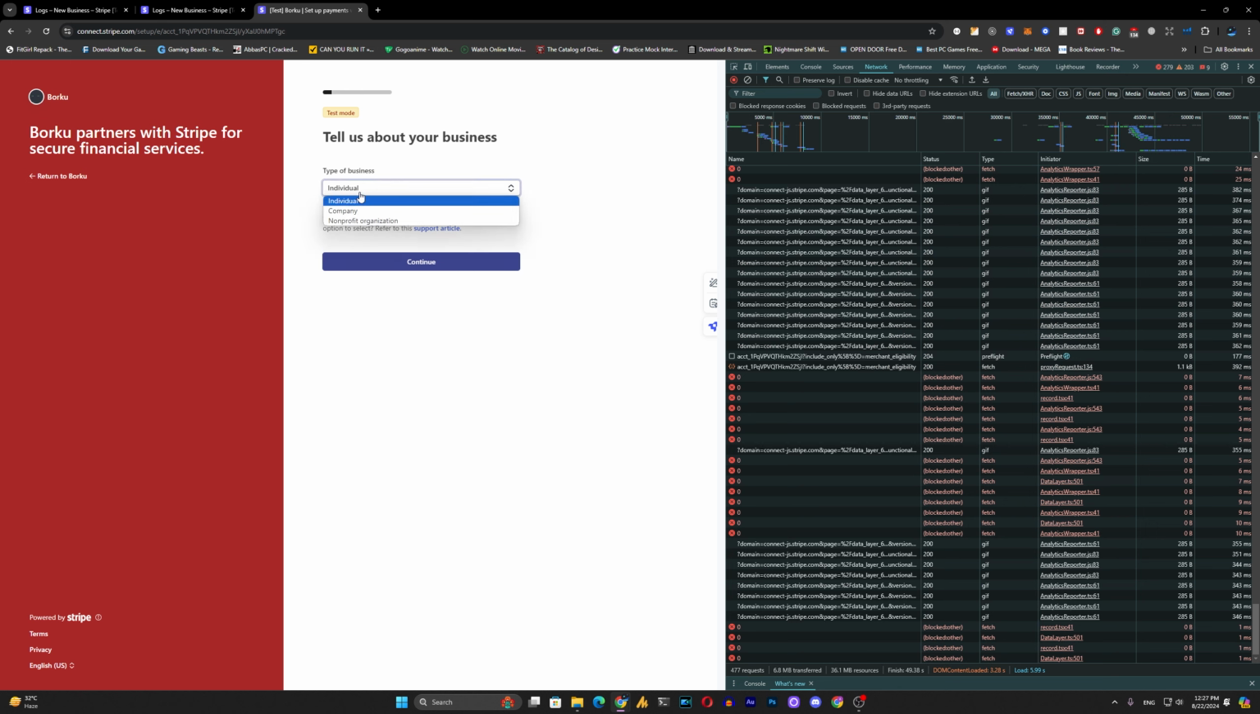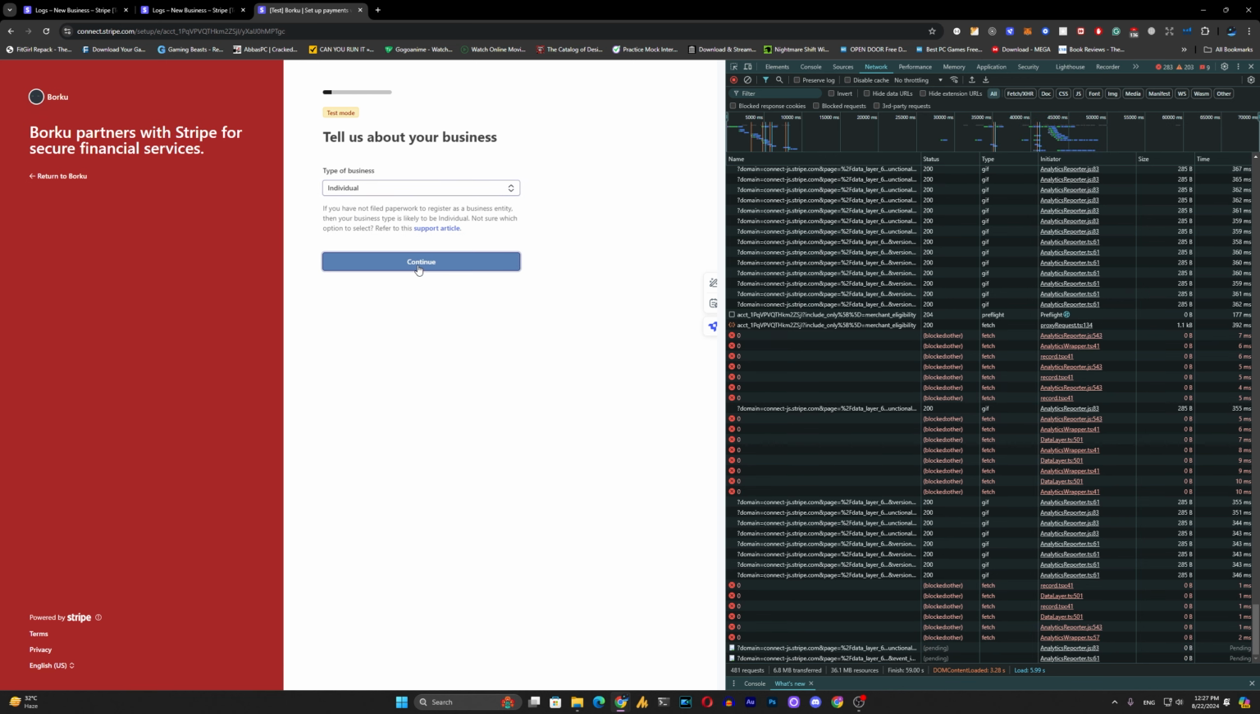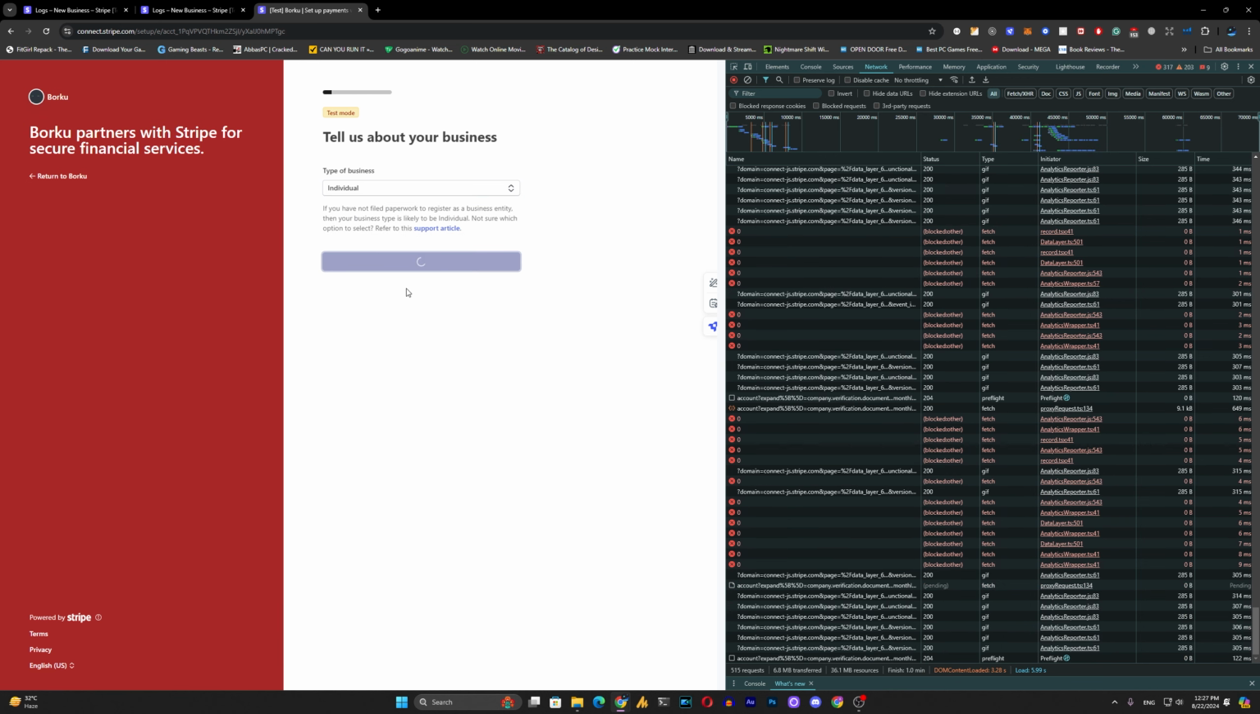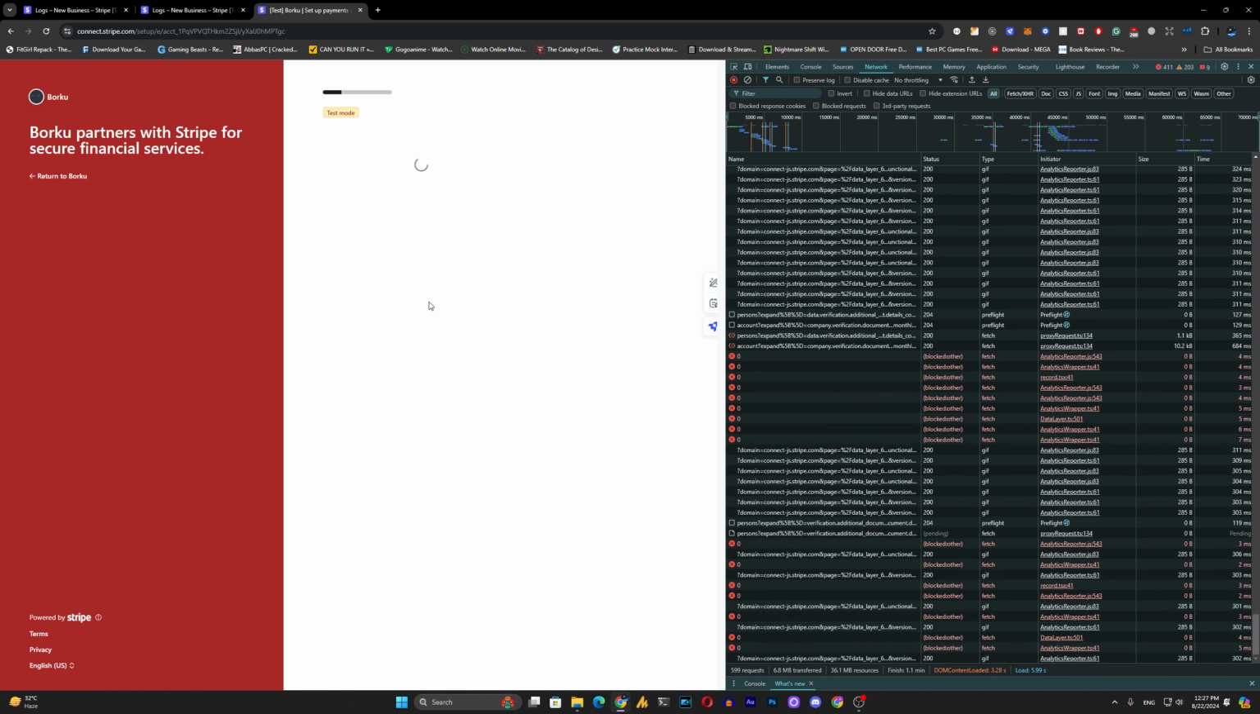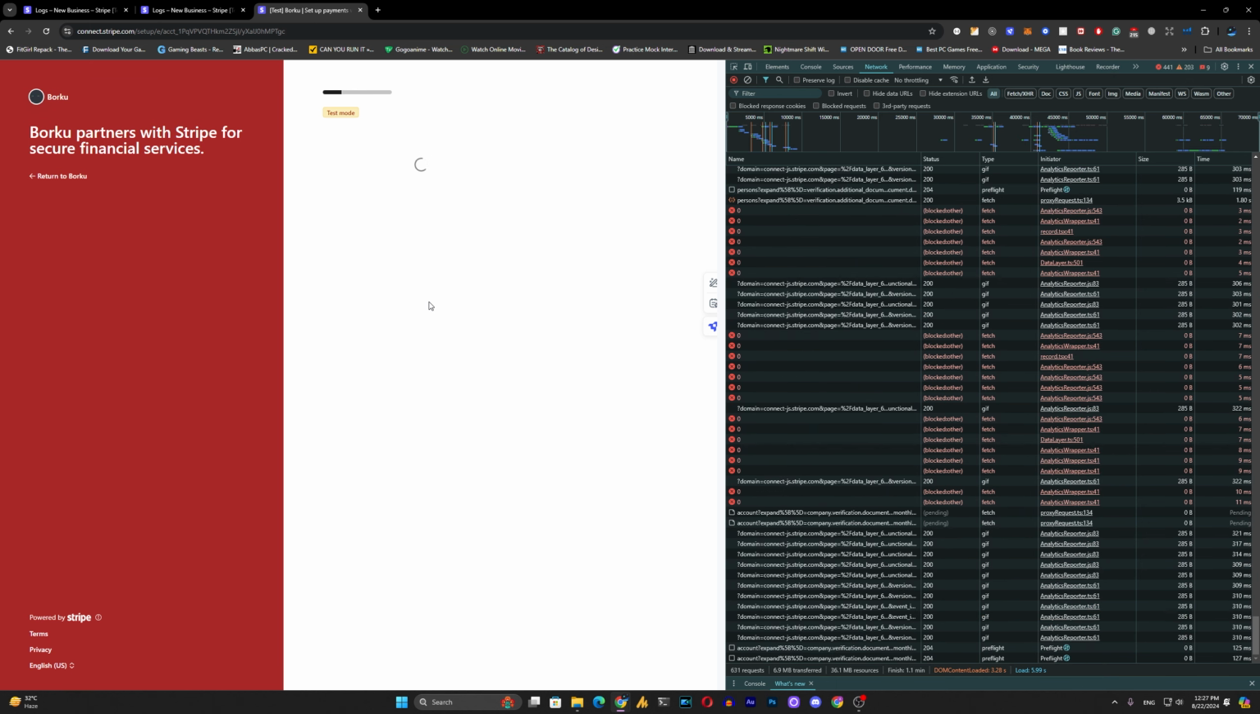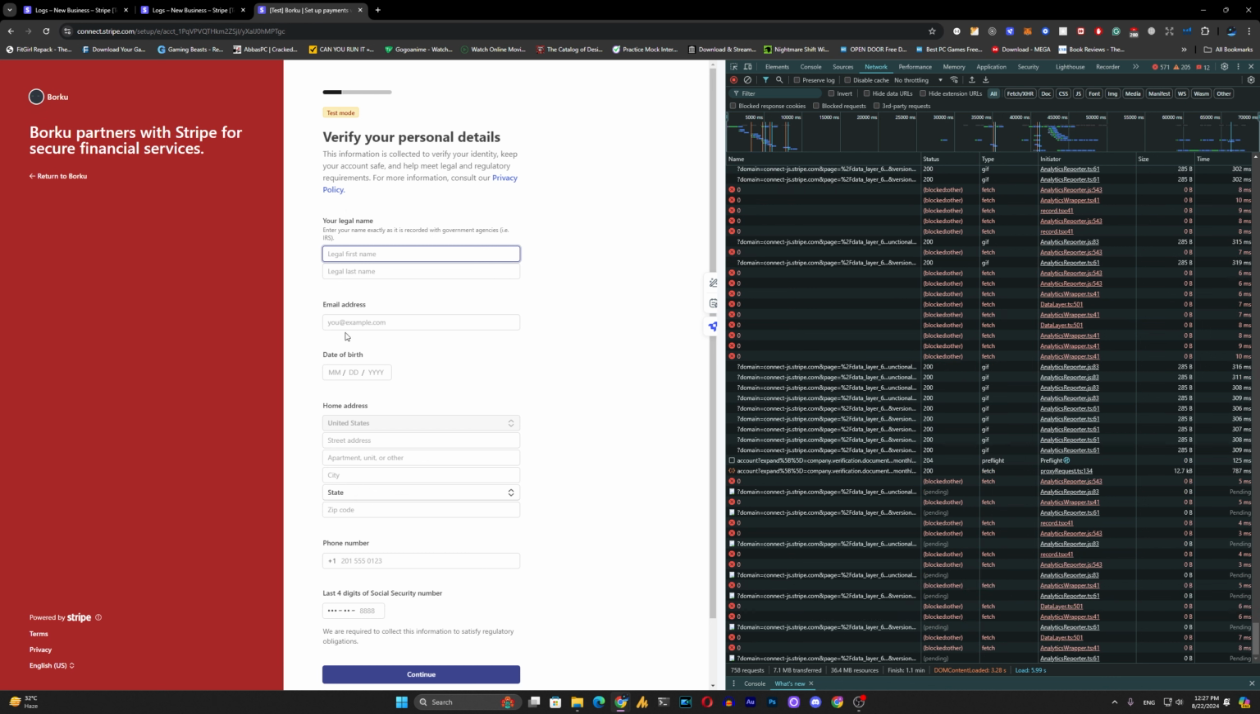I'm not really sure if Stripe will move on differently depending upon what type of business you select, but let's just select the individual for the time being. And then just type your test details over here. Let me just type any details. Let's say John Doe, and then the email can be john@gmail.com. The date of birth can be anything. Let's type some dummy details maybe,